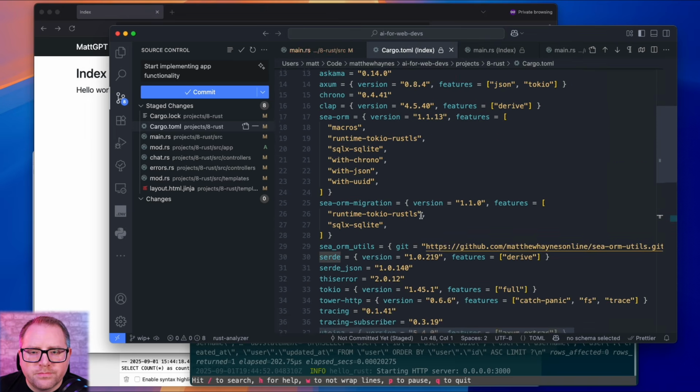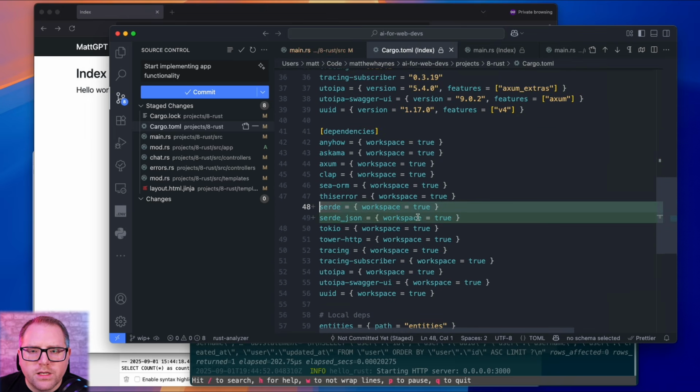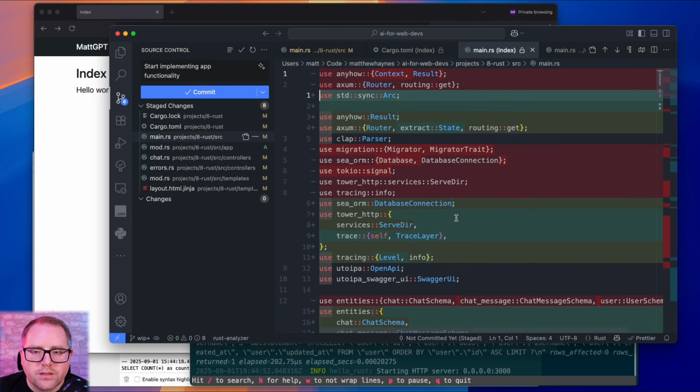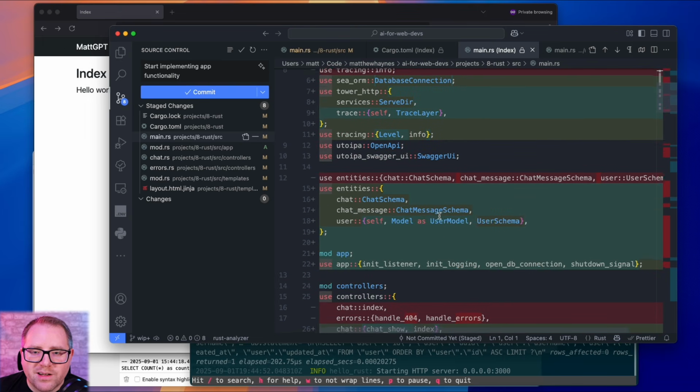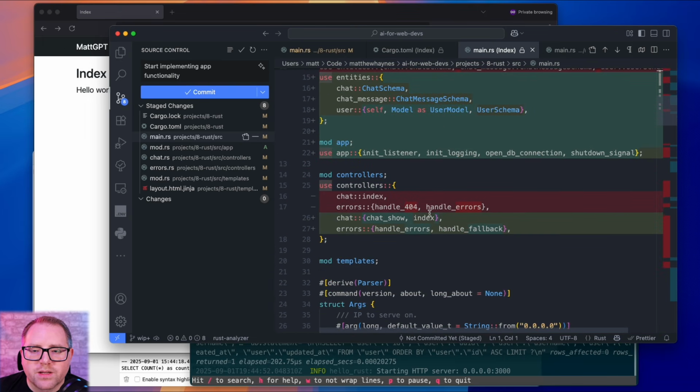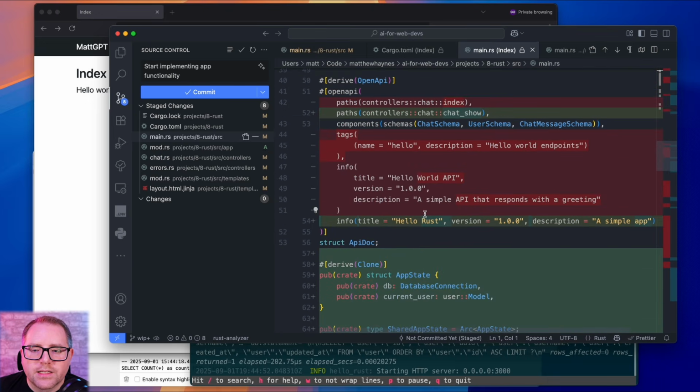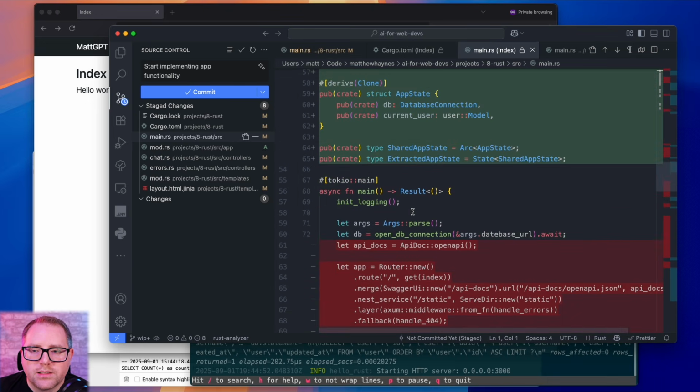So we added some workspace dependencies because we are going to be serializing some stuff, but no new actual packages. Our main looks quite a bit different. Looks like mostly formatting stuff, although we did add some state.